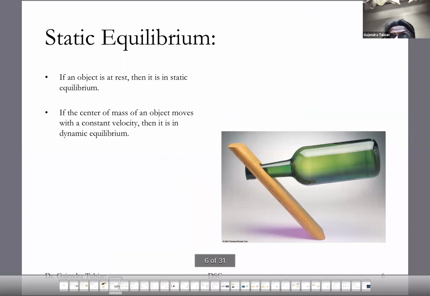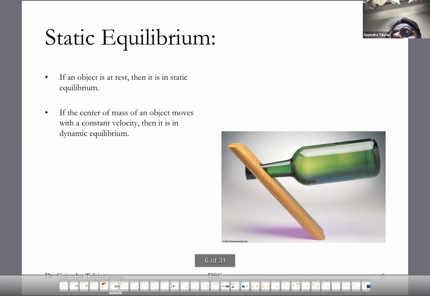All right, so again, here's a neat wine bottle opener. I mean, a wine bottle stand or a bottle stand. And so this is in static equilibrium. Static equilibrium just means that it is at rest. Well, equilibrium means